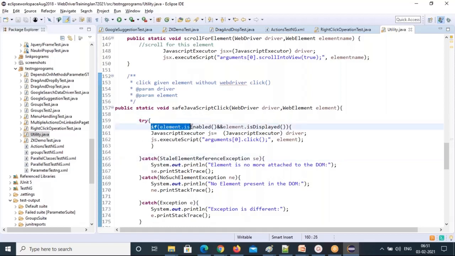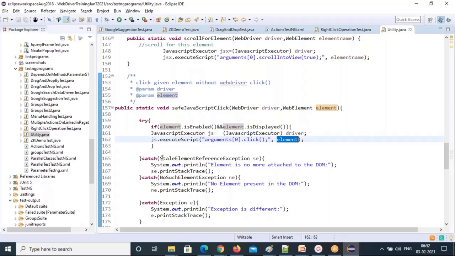If the element is enabled and element is displayed, then JavaScriptExecutor is equal to typecasting the driver to JavascriptExecutor, dot executeScript, arguments[0].click. Here also a click method is there in the JavaScript. Arguments[0].click is the JavaScript code. So where you want to click, the element is the argument you're passing.